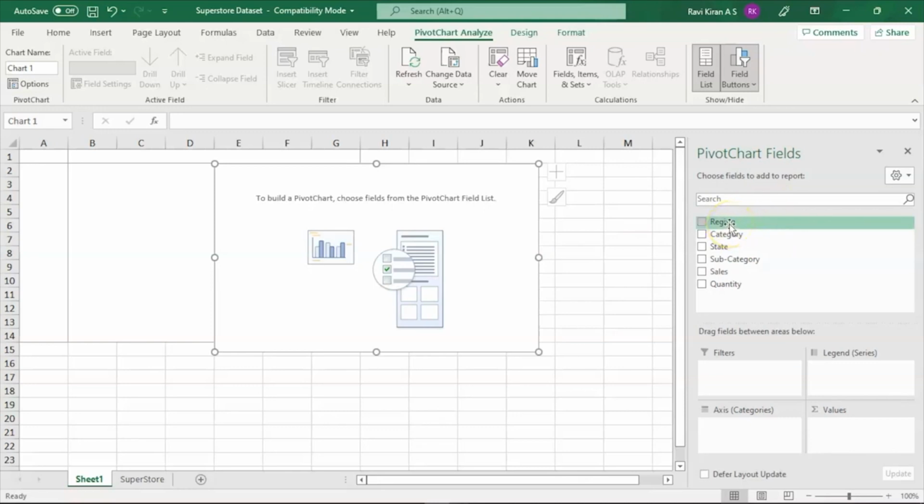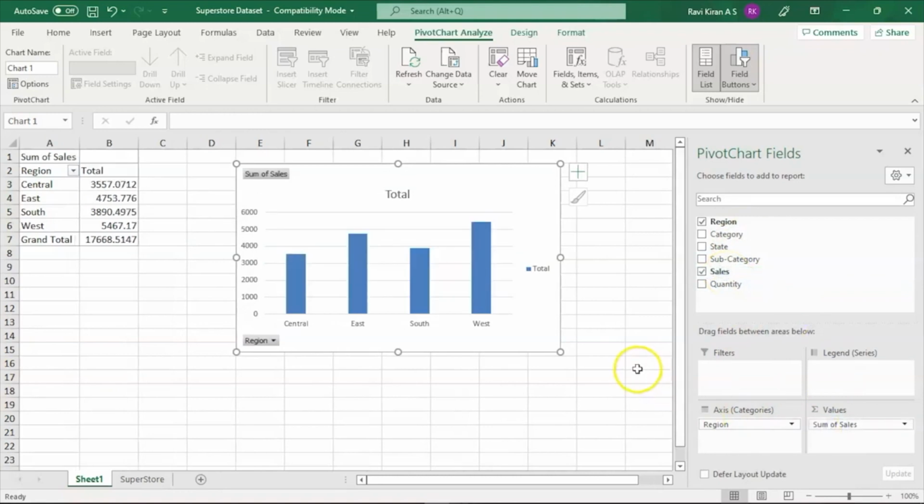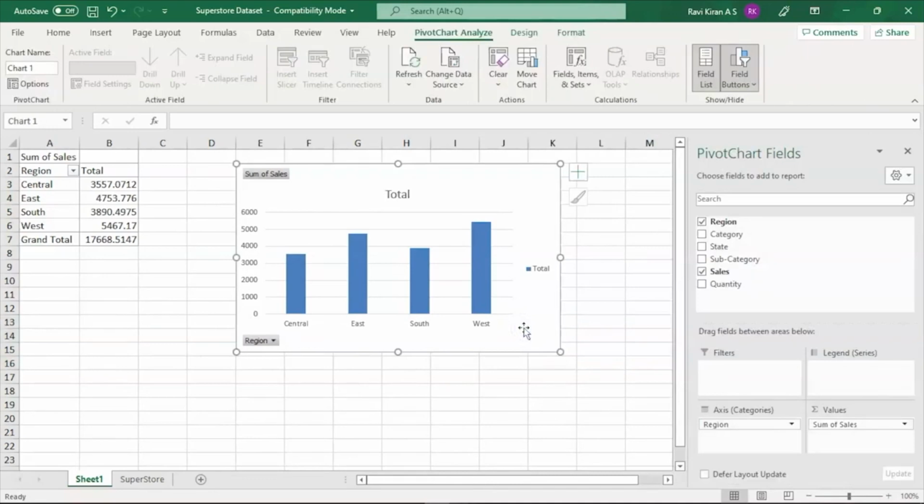So you can see we have various options: region, category, state, subcategory, sales, quantity, etc. Now I'll add region. I'll add region to axis. And comparatively, we will see the sales that are happening in those particular regions by dragging sales into values. Now you have all the data in the form of pivot chart, which is completely interactive, which represents the sales